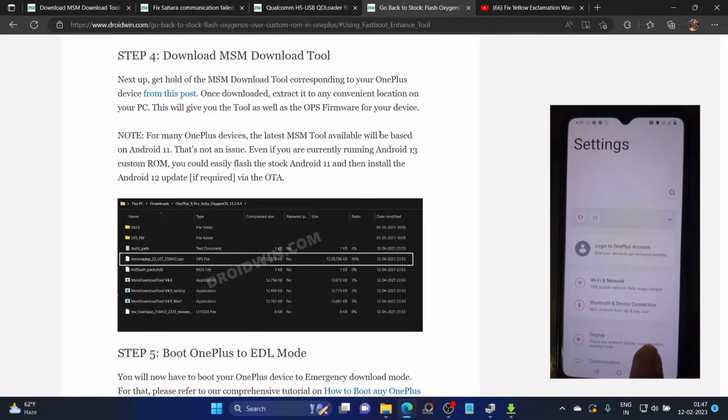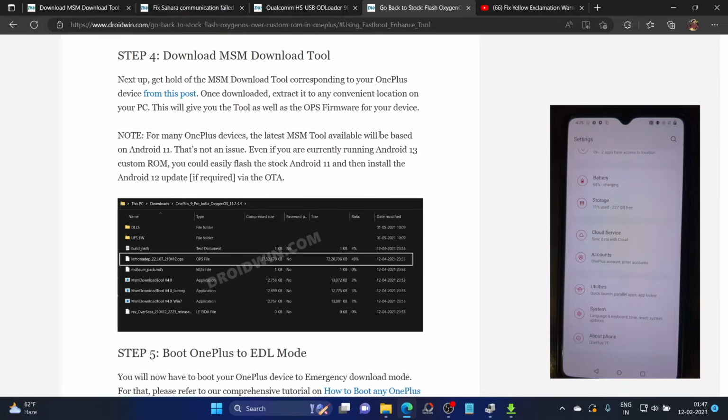Again, I'm telling you it's completely optional and you do not need to unlock the bootloader if you don't want. Moreover, the process will wipe off all the data from your phone and could nullify the warranty as well. So only proceed ahead at your own risk and if you want to do so. In my case, I want to unlock the bootloader. So let's now do that as well and give it the finishing touch.